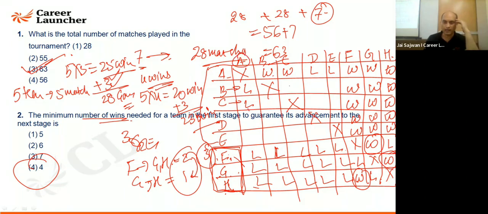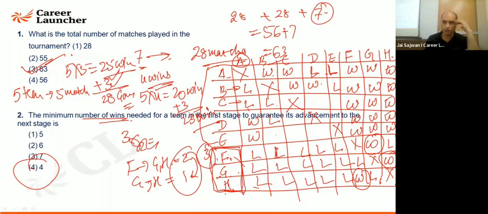B is going to win against C and D. So I'll say C is going to lose. And D and E, both of them are winning because A loses against E and D. So I'll say D is going to win. Now B is winning against D, so D is going to lose. Is that fine? And I will say this is loss again.